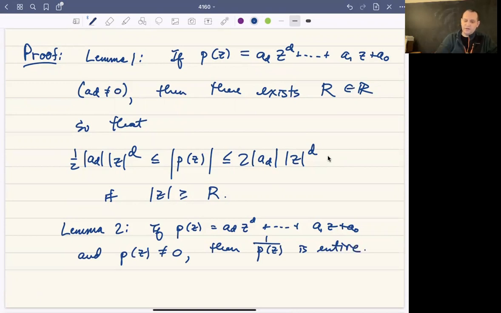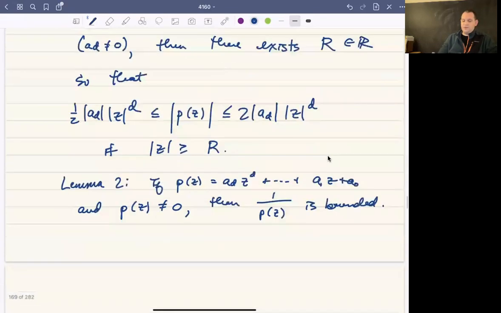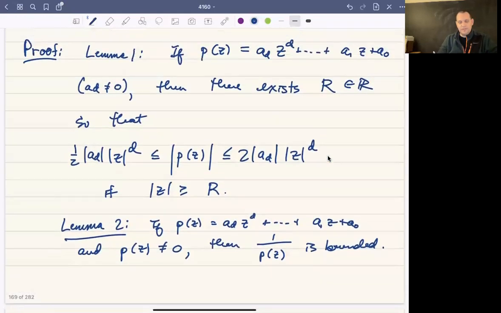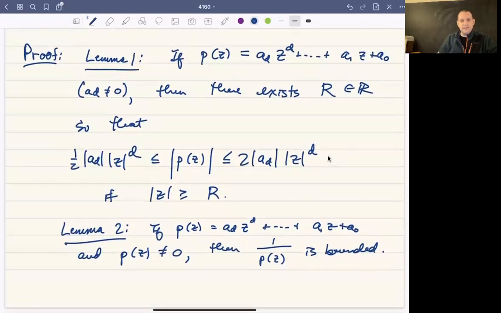Okay, what I want to say is that if p is a polynomial of degree d, and if p of z is not equal to 0, then 1 over p of z is bounded. Kind of gave away where we're going to go with this, but that's okay. And then if we have boundedness, the proof follows from these two claims really easily,